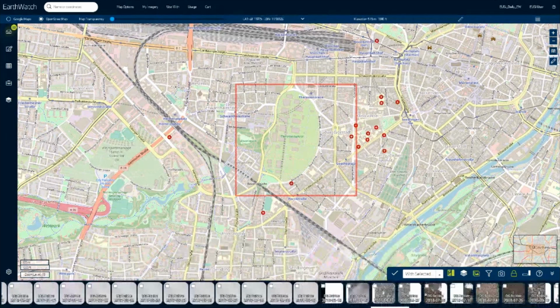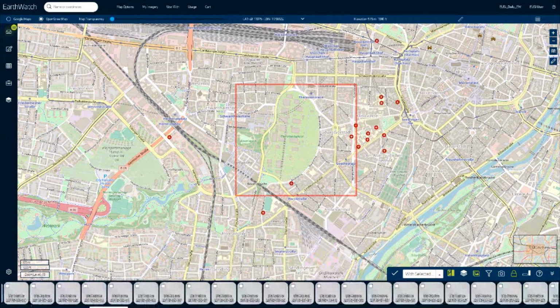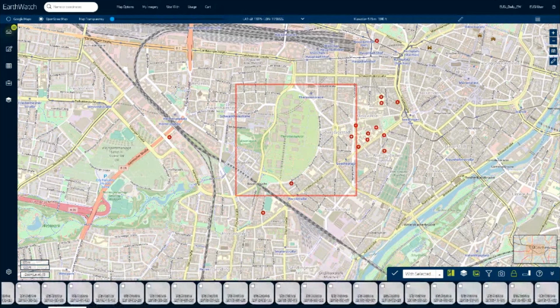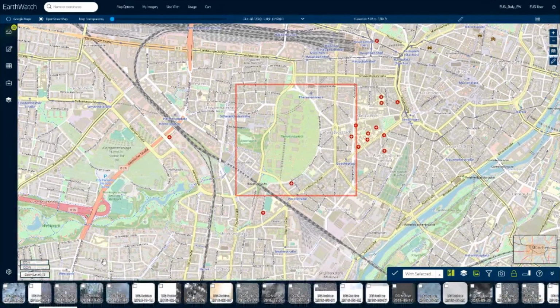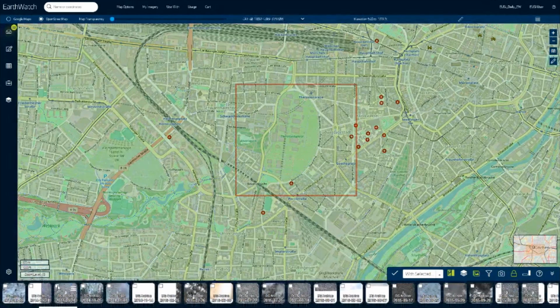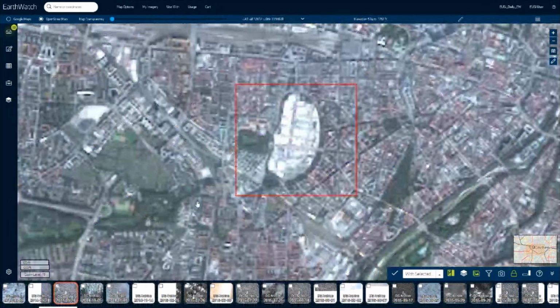Maybe I'm interested in an older one. Maybe this one. And here in the archive, you only see a low resolution image. Now we can process that image to full resolution.